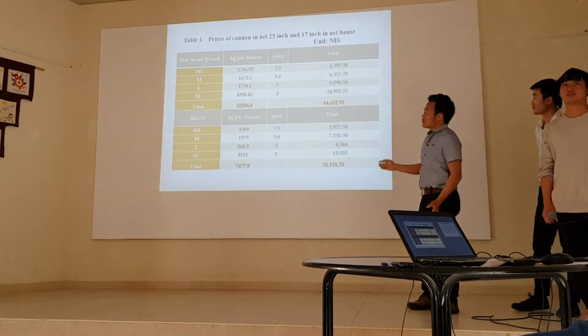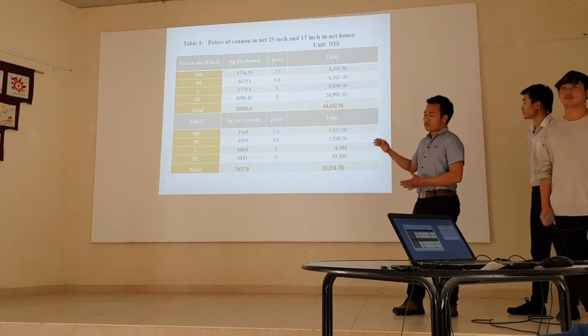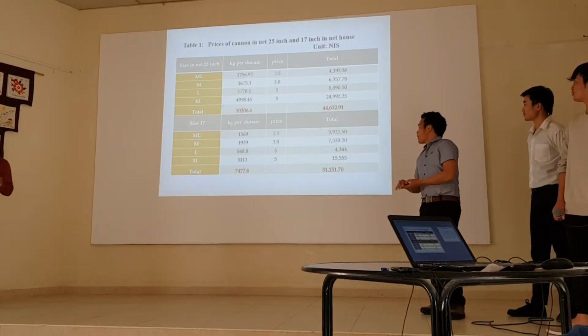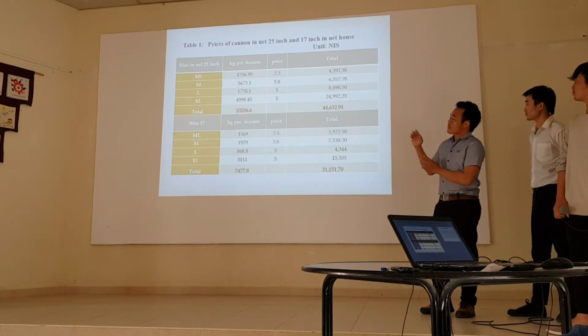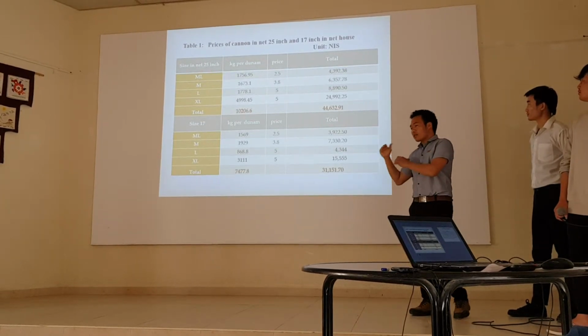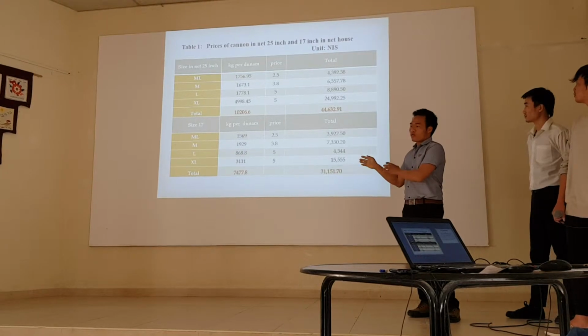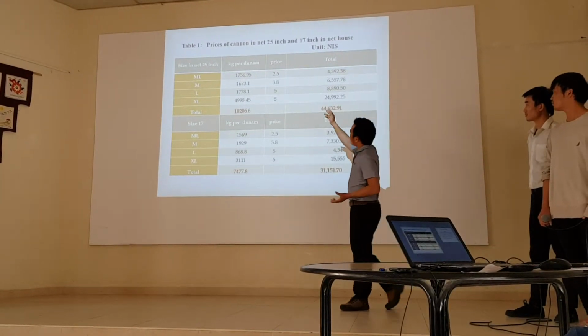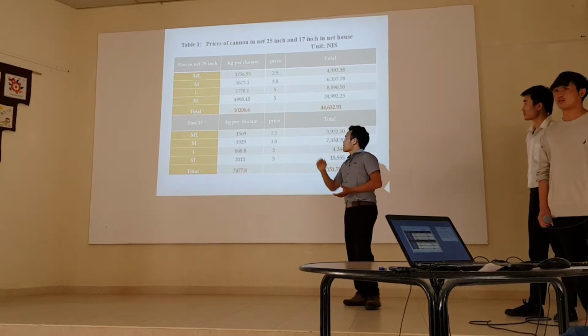This table shows the income from each net. What is the income of each net, to get the most income? Here I just show you about the price. The size ML